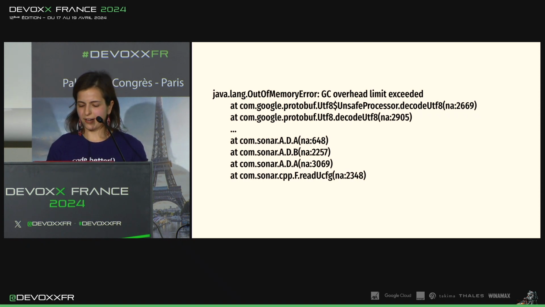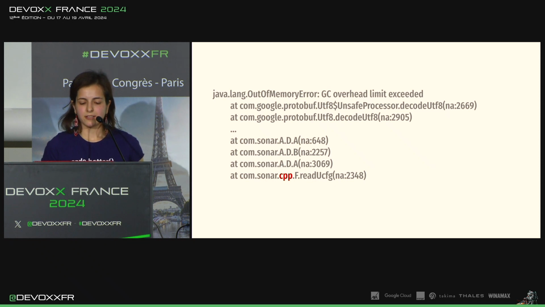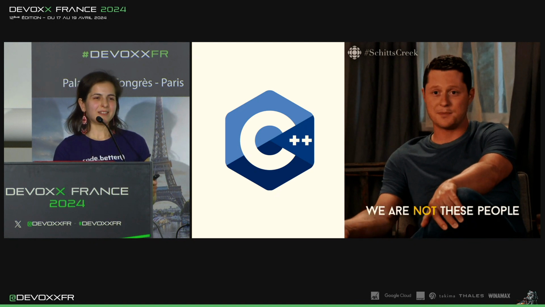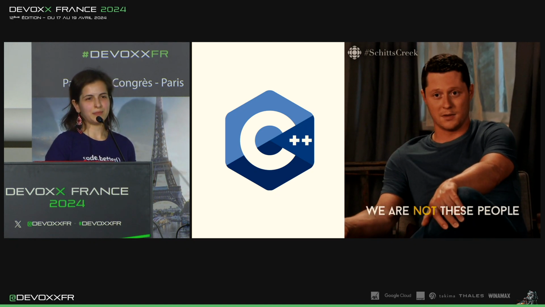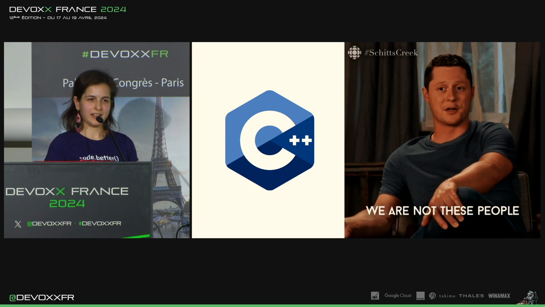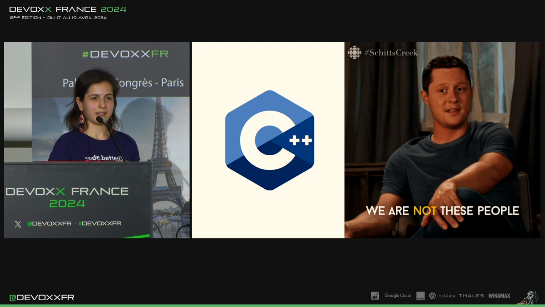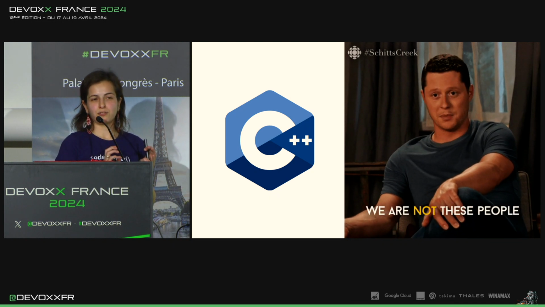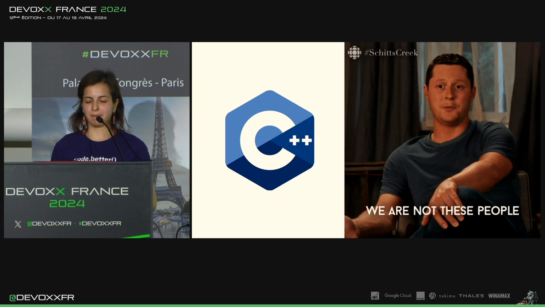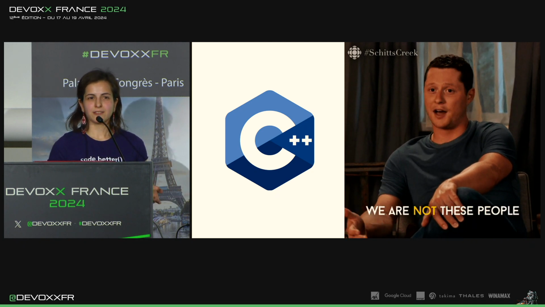I was looking at the stack trace, and I realized that this is Sonar, CPP, and so on, and this is awesome. Why is this awesome? Because I'm in the Java team. It means that this stack trace is coming from the C++ analyzer. So it's not us. What we could do, we just take all the things that we have, pack them into a box, and send to my colleagues from the C++ team so they can investigate the issue and we are free. Do you think that's right?